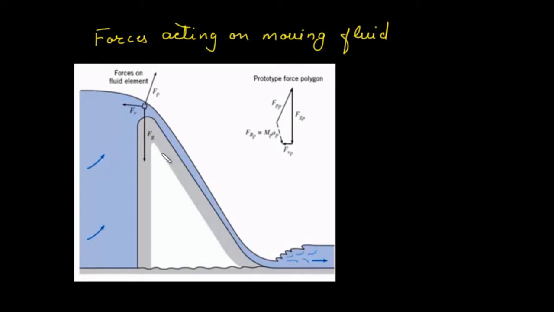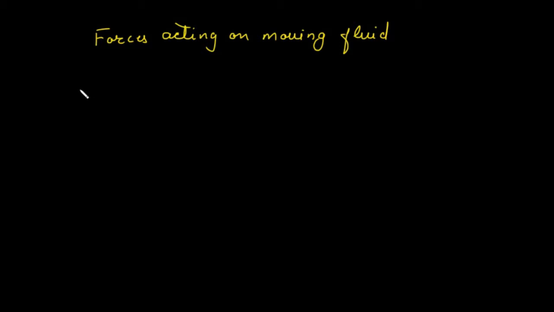Now if we draw a force polygon, we will get a polygon like this, and the closing side of the polygon will represent the resultant force acting on the fluid. So in this way, many forces are acting on a fluid element when a fluid is flowing, and we are going to discuss these forces. Out of that, the first force which we are going to see is a viscous force,